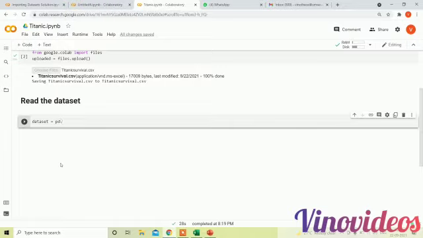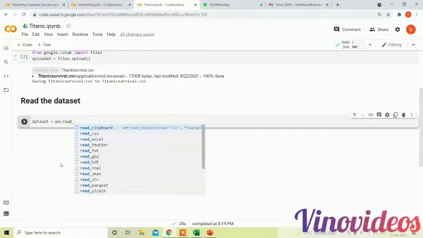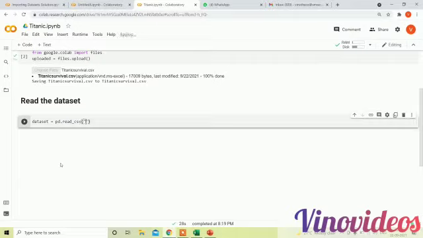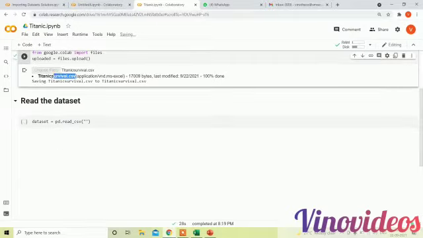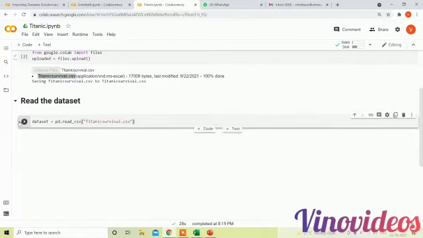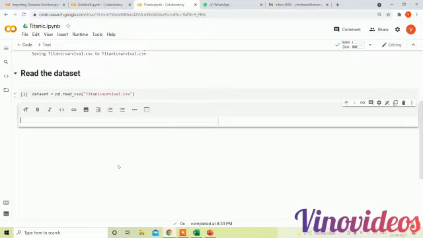PD represents pandas, so pd.read_csv, open bracket, and you give the file name of the CSV file. Then we need to run it. So the dataset is successfully loaded into this file. Next we need to summarize the dataset, to see what is contained in that particular dataset.